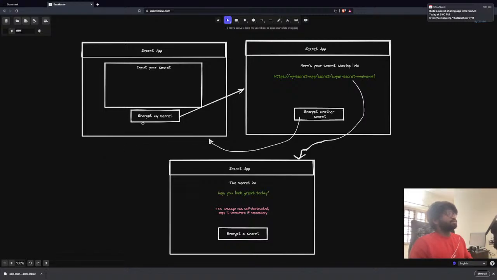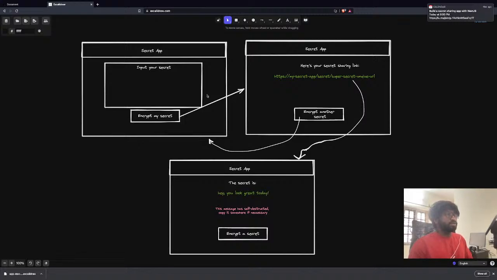The next thing we'll use to build the UI is Chakra UI. Chakra UI is a UI library that will provide us with customizable components such as input, button, cards. So we'll use that to build our UI, and then we're going to use